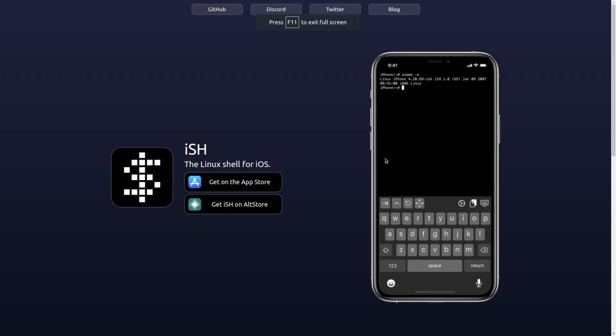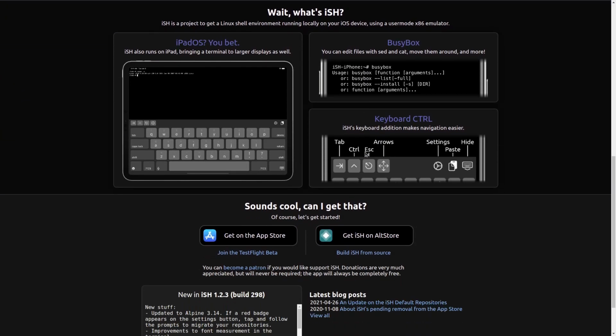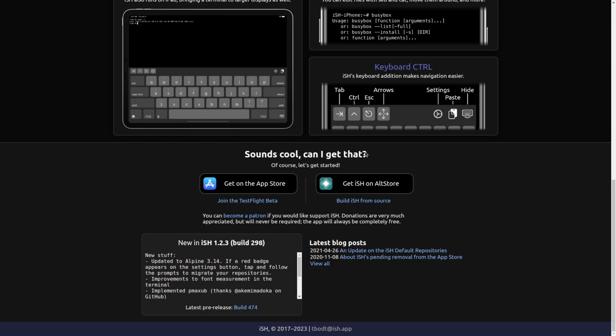Luckily, there is a community dedicated to running Linux on iPads, and to learn more about that, I'll link their website as well as the postmarketOS project in the description. However, there is an app you can download called iSH Shell, which allows you to run an Alpine Linux terminal-based emulator where you can just install packages and run them. It's great for developers, and it's great for an iPad Pro or just a newer iPad, although I believe it does require iOS 12 or later.